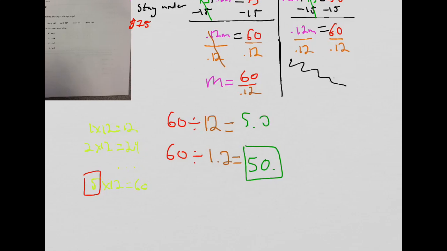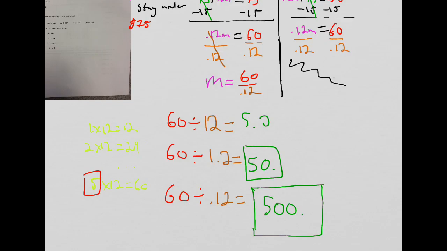So if I know that's 50, then let's see what 60 divided by 0.12 is. Well, I moved it 1 place over, and it's going to be bigger. But I moved it again, and this is even smaller, so it's going to take even more times for this 0.12 to go into the 60. Therefore, this number is going to be even bigger. I'm going to move this decimal point 1 place over, and that gives me 500. So, returning